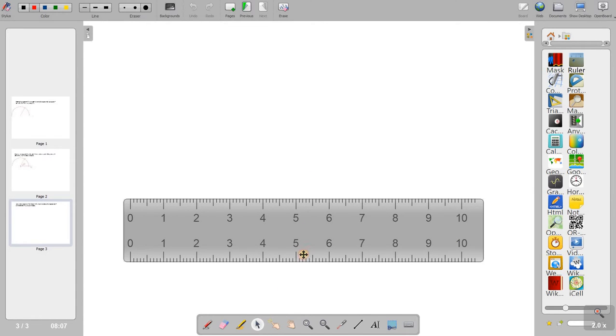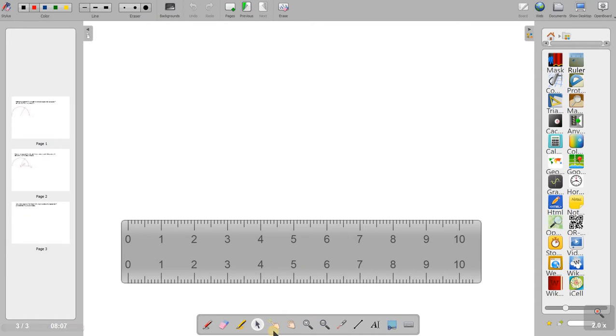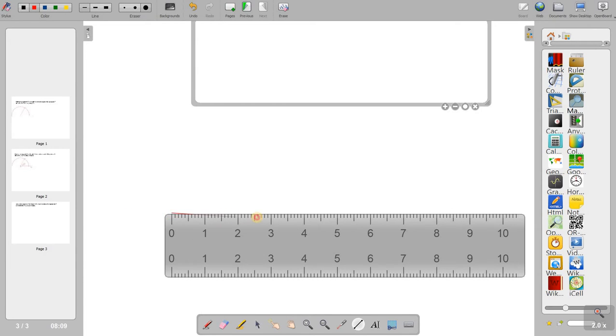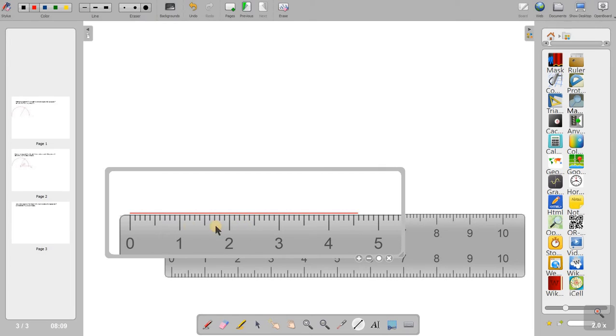I'll take the arrow here and bring it down. Now I'll take the line. We are using the draw lines option here for the purpose of drawing line segments. I have taken it, and the cursor turns into a plus. I align the point of the plus with 0. It's at 4.6. I'll bring it straight. You see, it is from 0 to 4.6. The line is marked red. It is 4.6, as you can see.